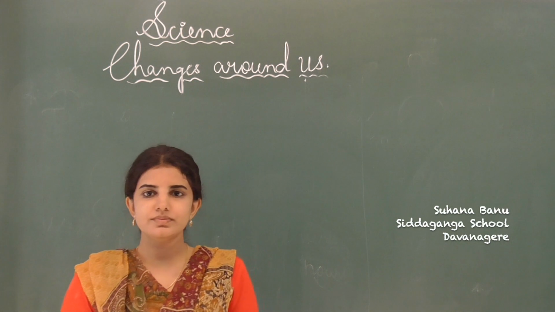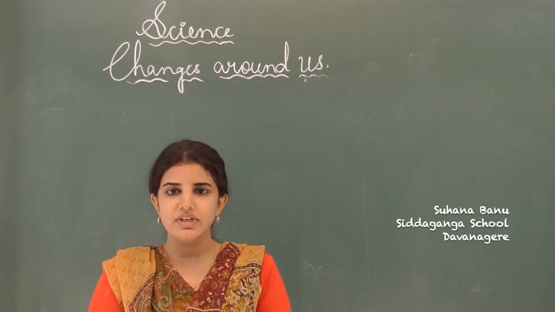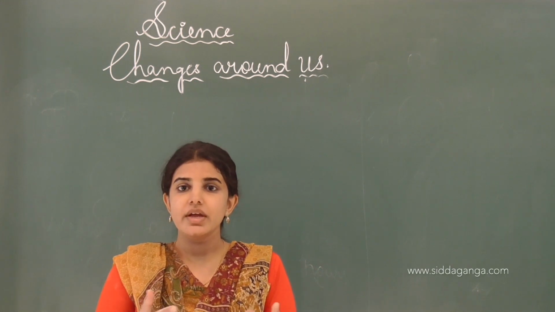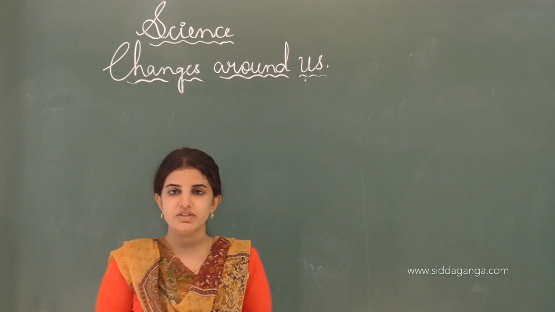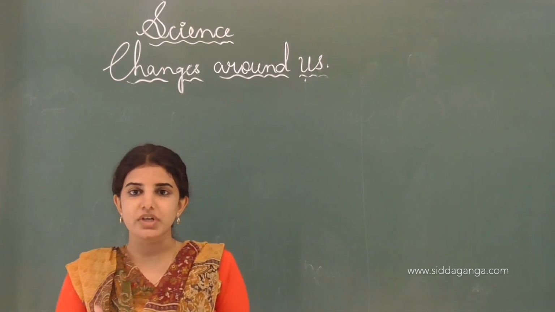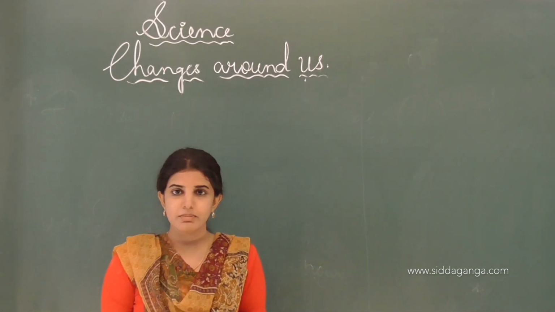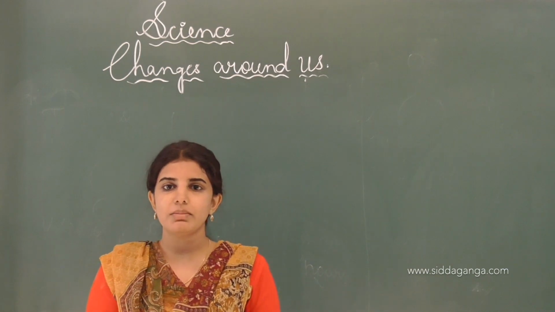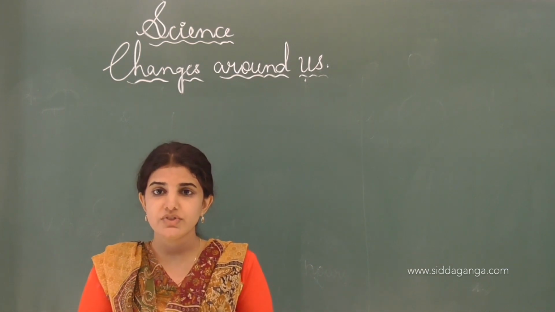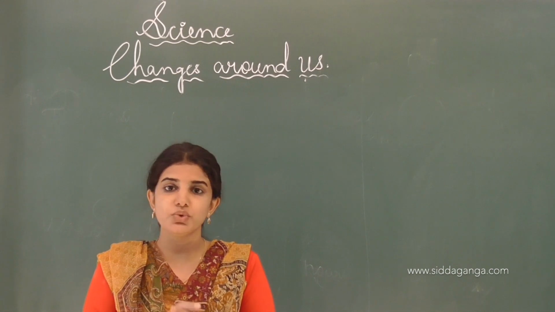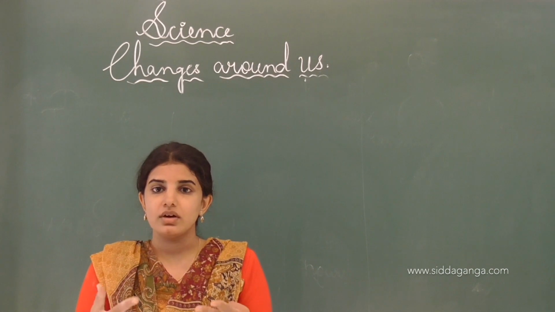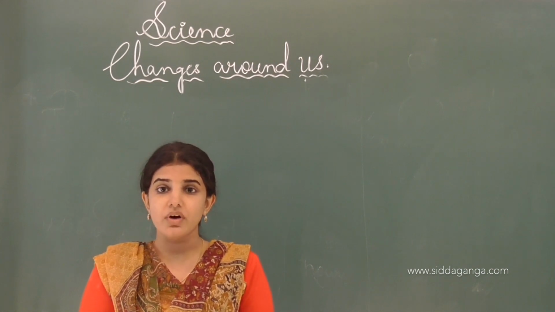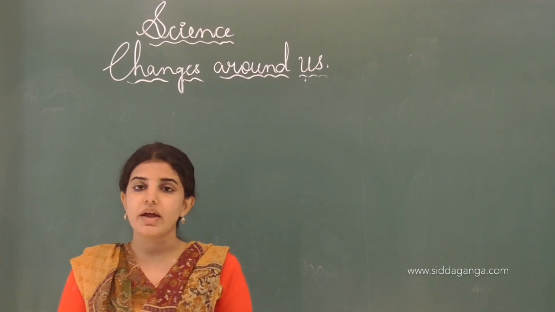Hello dear students, we have been discussing the chapter Changes Around Us, in which we have studied in detail the different types of changes. Some of the changes which occur in nature are desirable and some are undesirable. Those changes which we want to happen or which are useful to us, we call desirable changes, and those changes which are harmful to us and we do not want them to happen,